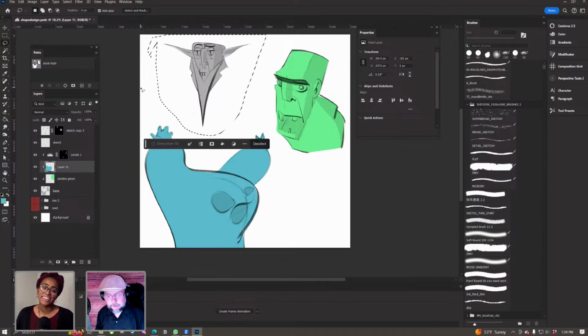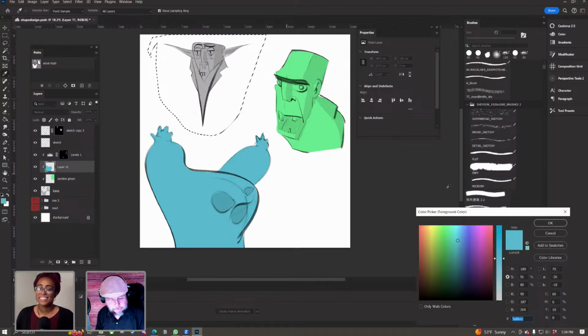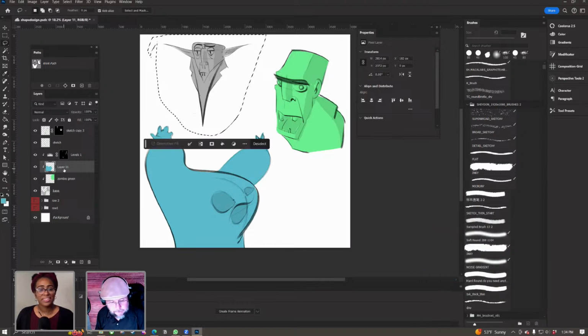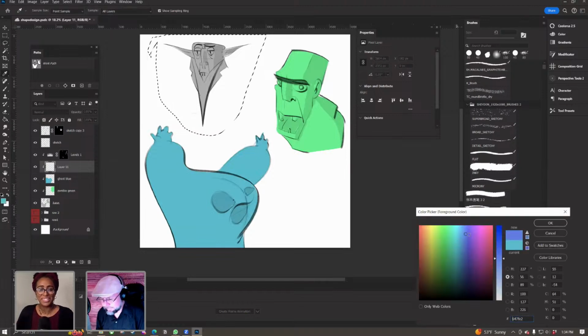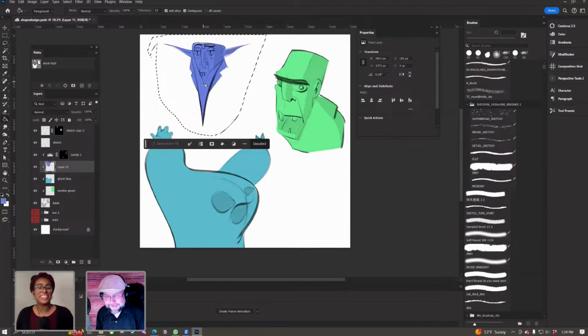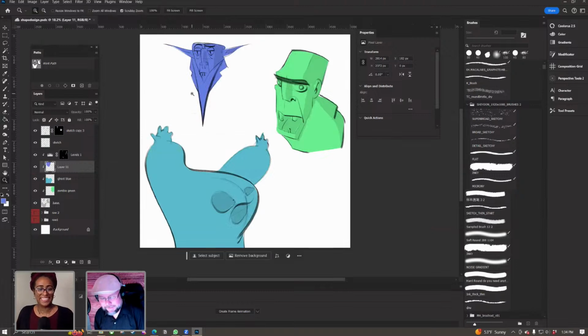Let me call this ghost blue. And one more clipping mask in there, and see, it retains all the shading, and it doesn't matter what I make these colors, the levels will pick up and change that color to what it needs to be. It's packaged so nicely. You did the tedious work in the front so that you can have it easier now. And just for demo's sake, vamp purple.